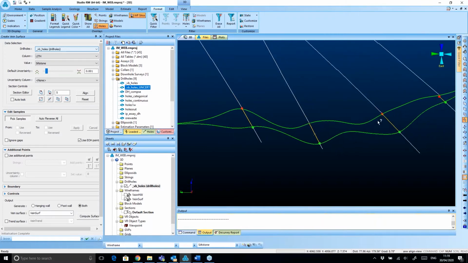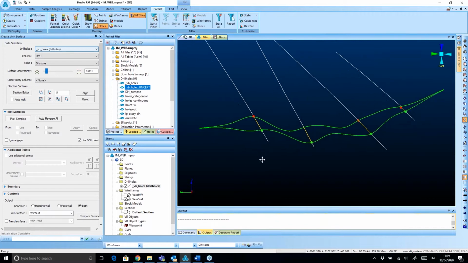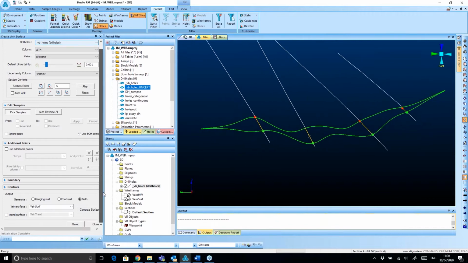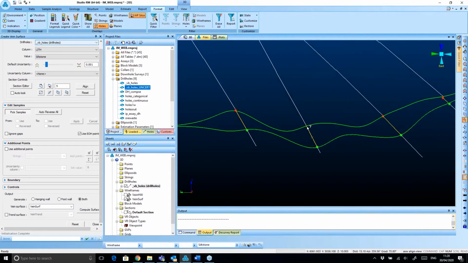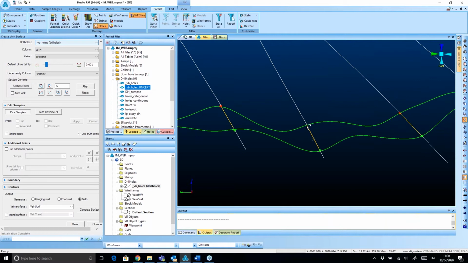Okay, and then I can do the same for another section as well. Sometimes it's quite nice and good to see. For example, let me just run, and then we can see the result. I arranged that one and told the system that we need to ignore that interval from the top, but the bottom should be snapped to the bottom. And then if I click here, compute surface again,